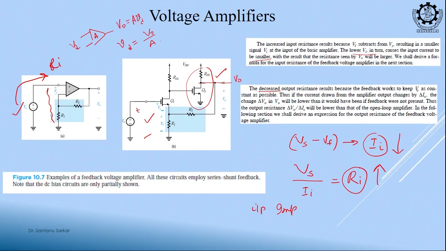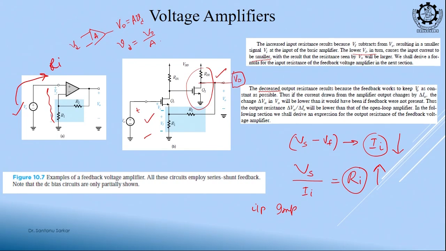So, in other words, this feedback is trying to keep this V0 constant, clear. If the error is 0, my V0 will not fluctuate. So, you see this feedback works to keep the V0 constant,